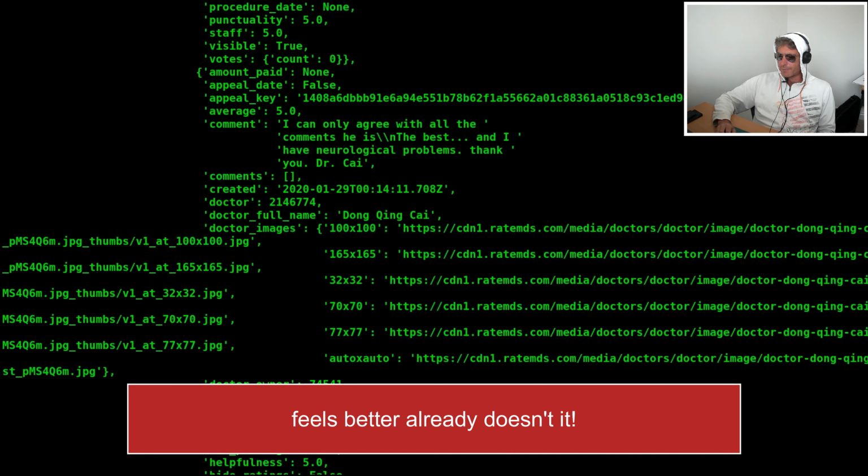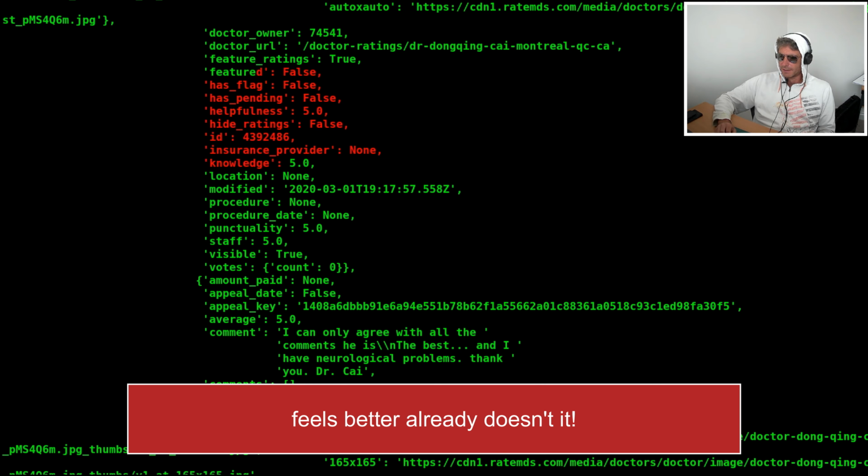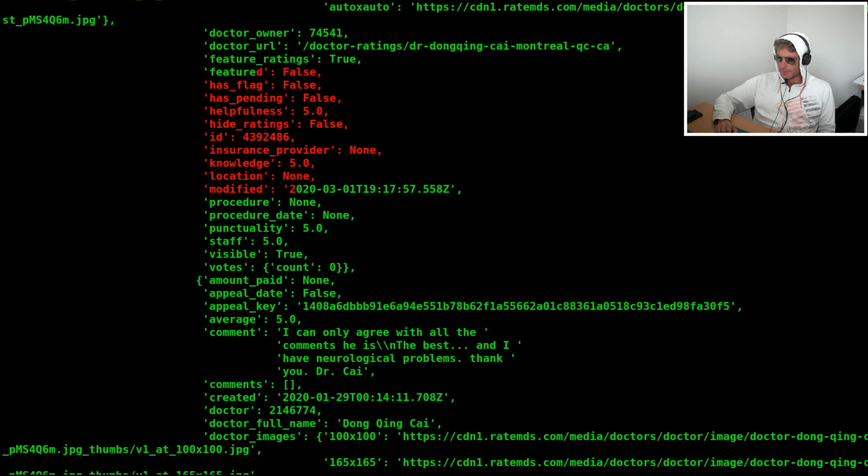We can see we've got a lot more information than we'd previously had access to: doctor's full name, insurance provider, staff, punctuality.